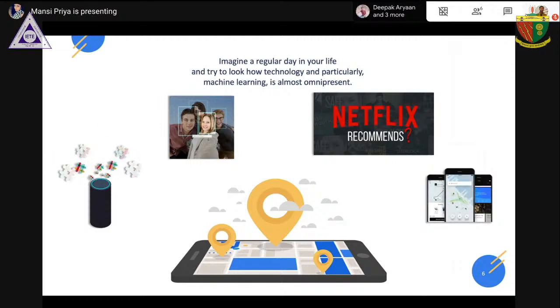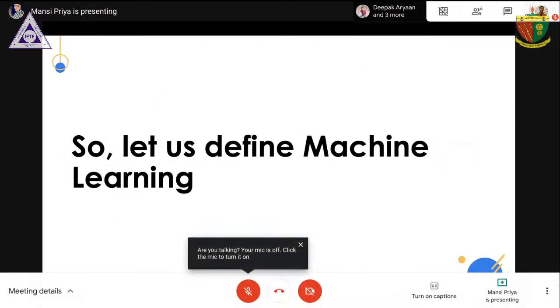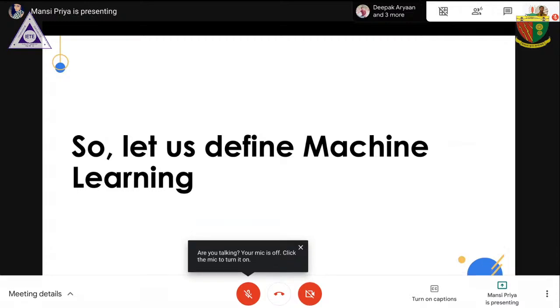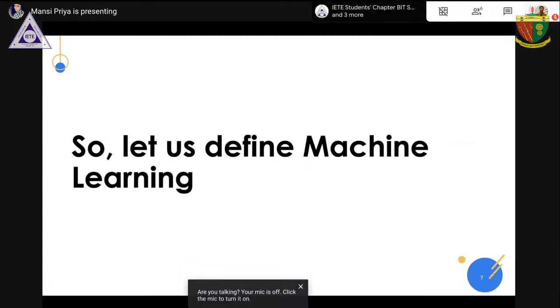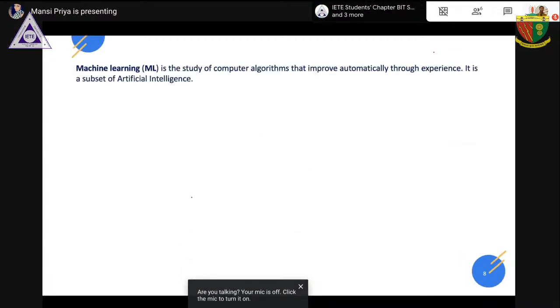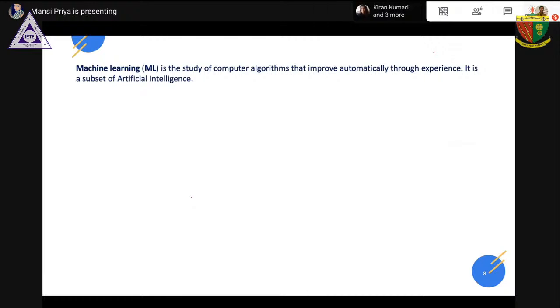Well, these are just a few examples, and if you look around yourself, you can find that machine learning is almost omnipresent, and it can be applied in everything that is present around you. So that is why it is very important to understand what machine learning is. So let us now try to give it a definition. According to a very short definition that I picked up, machine learning is the study of computer